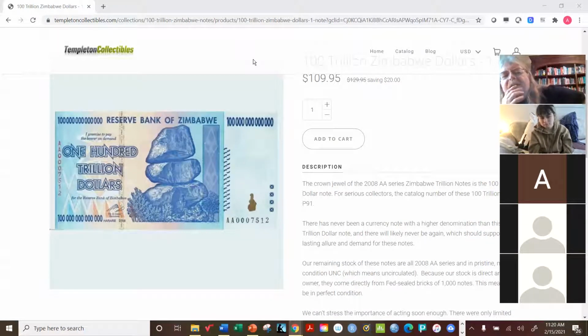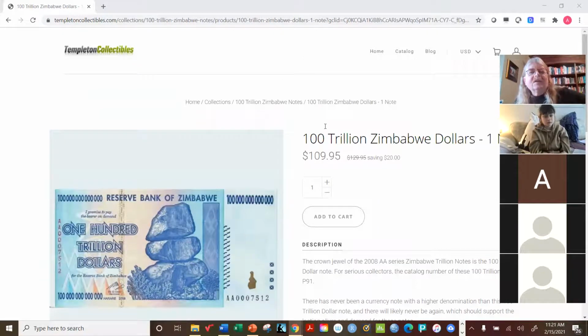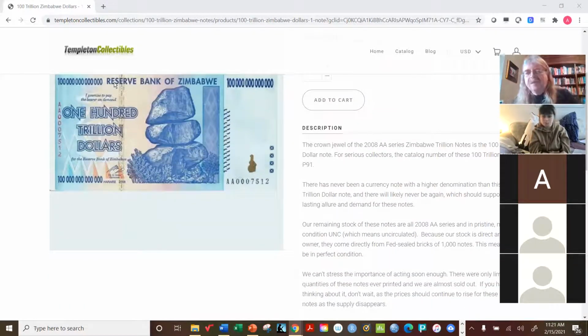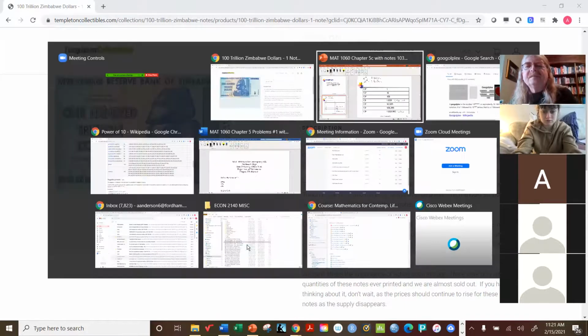Well, since then, I think they've gotten themselves back on their feet, and their inflation rate is more or less normal. But at the time, it was completely out of control. And I don't think we'll ever see this again, $100 trillion. By the way, if you're a collector, I took this off of an ad here. You can actually buy one of these for your collection if you really feel like, wow, this is as cool as it gets. But anyway,